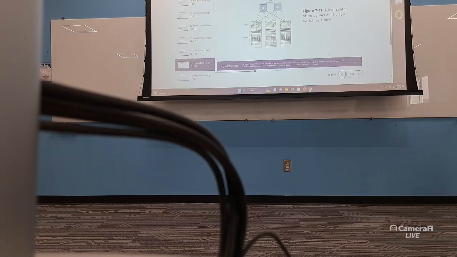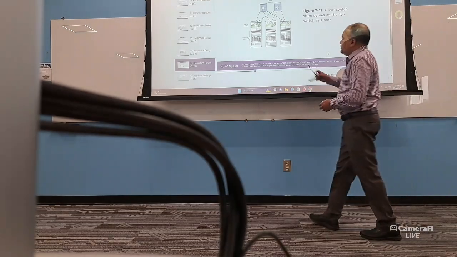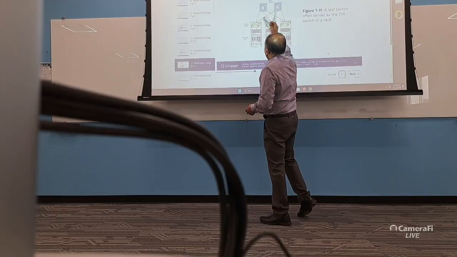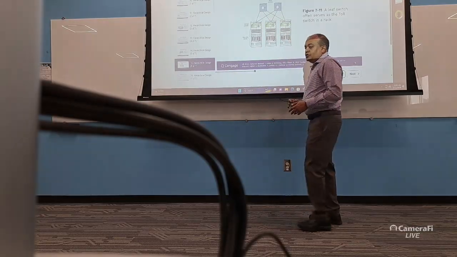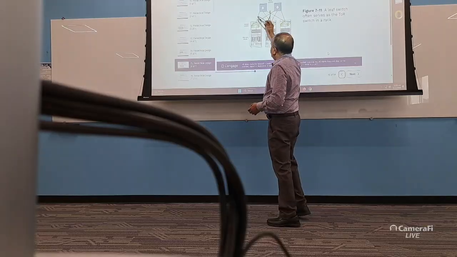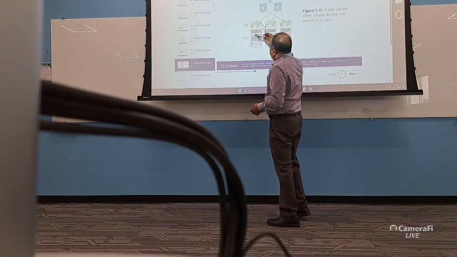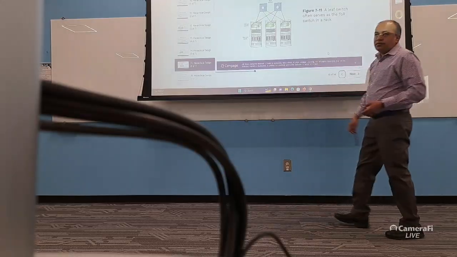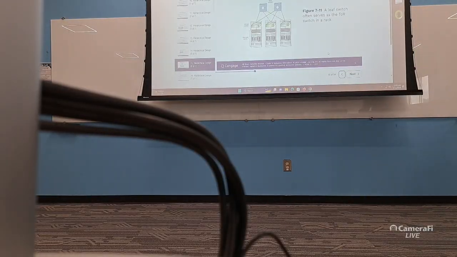So we always have two switches here. In this design also you have two switches on top, and you can see every switch here is connected to both the switches. So if one switch fails, the rack still has connectivity with the rest of the network. So in all kinds of IT design, wherever you have a mission critical,